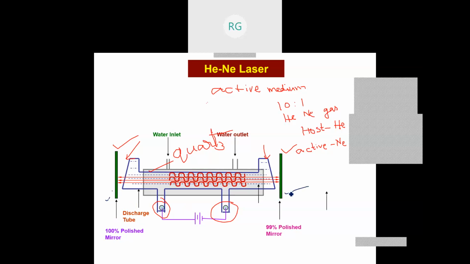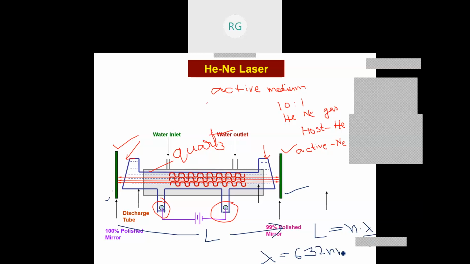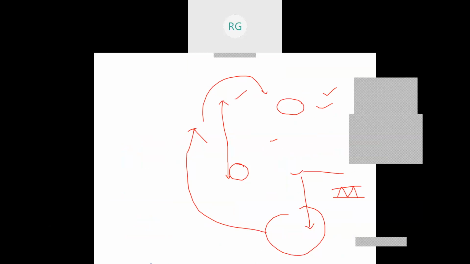I adjust this length between these two. L is equal to n times lambda by 2. And I see that this is satisfied only for lambda equal to 632 nanometers. Therefore, we'll get red light out of it, and we cannot get any other light out of this. So if I change this L value by adjusting the distance between the two mirrors, I can allow other light rays to come out. That is the way in which helium neon laser works.